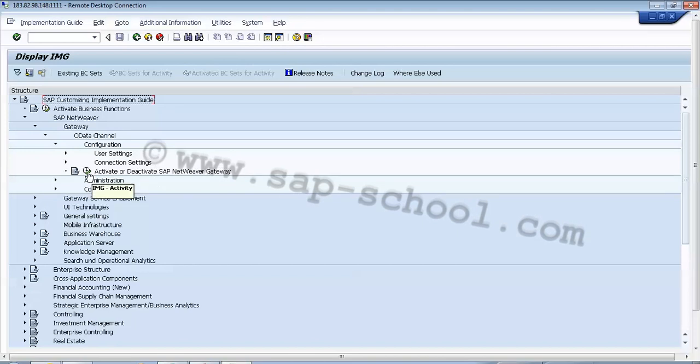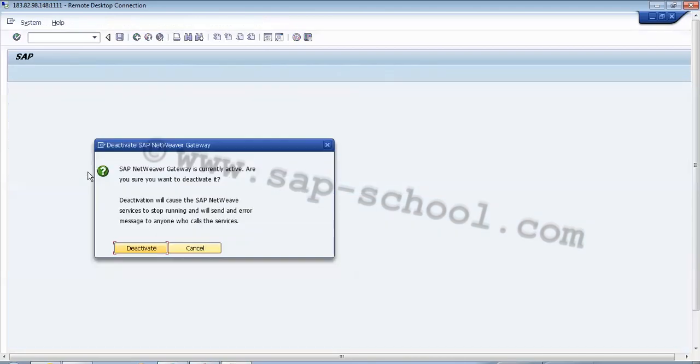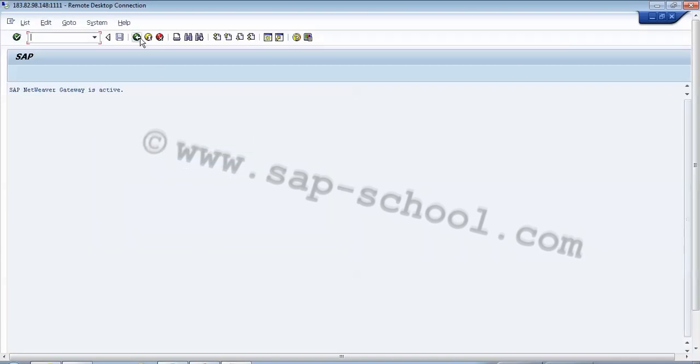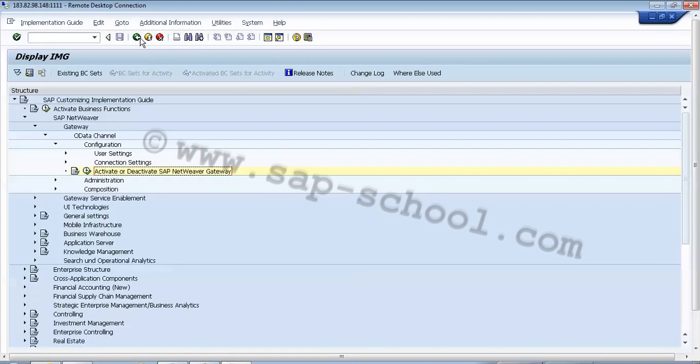Those services are PAGE_BUILDER_CONF, then PAGE_BUILDER_CUST, then PAGE_BUILDER_PERS, and then TRANSPORT and INTEROP. If I scroll down a bit, I will be able to see all these services.